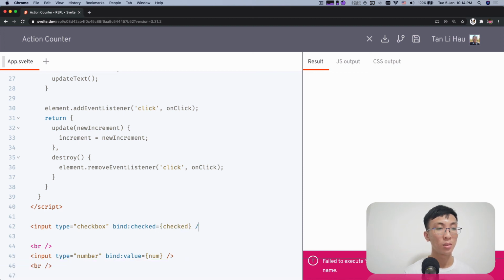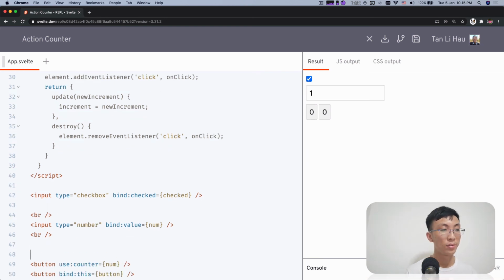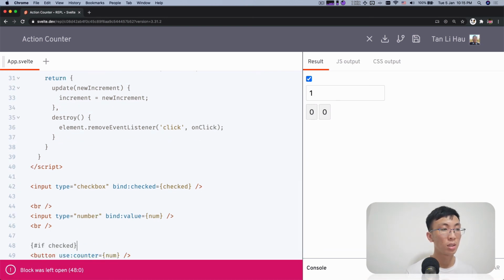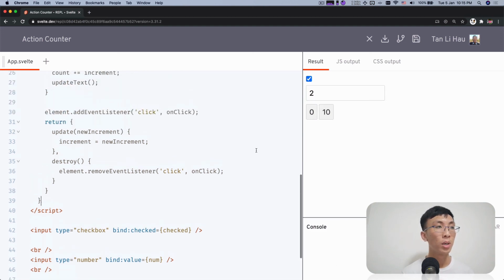Also checked. Okay, so now I'm gonna have an if statement, if checked, hide this, show this. And I see whether I can still increment. Yep, it works. I increment this number, it still works. That's fine. Well,